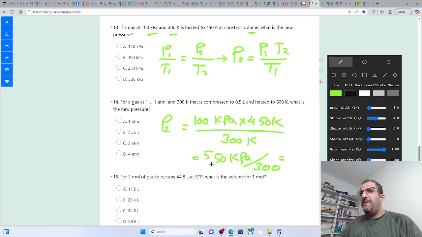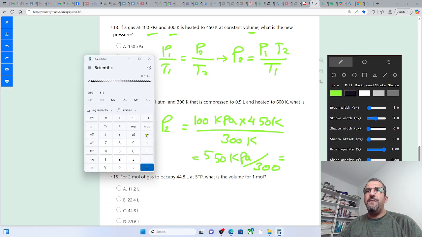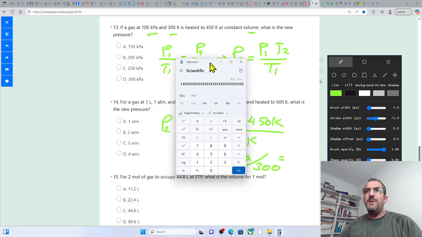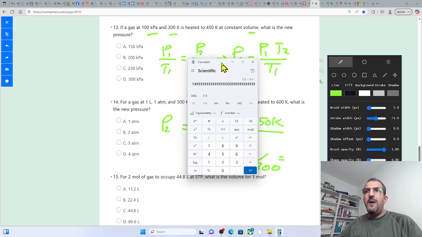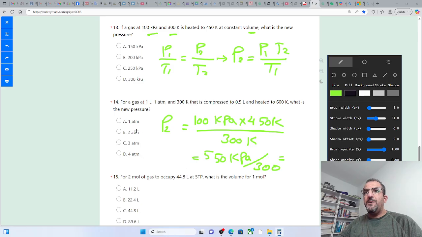That means we have 4.5 divided by 3, and so that's around 1.8. Yeah, and 1.8 is pretty close to 2. So the answer should be